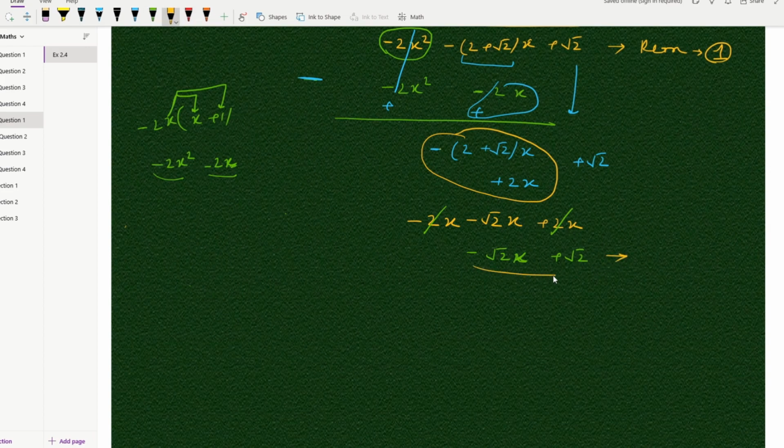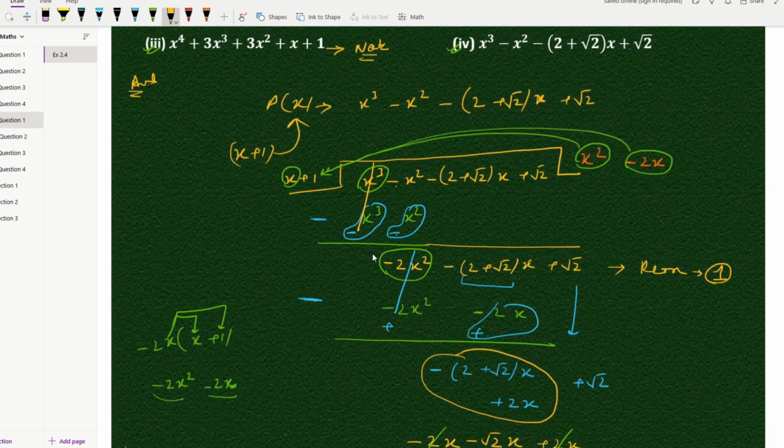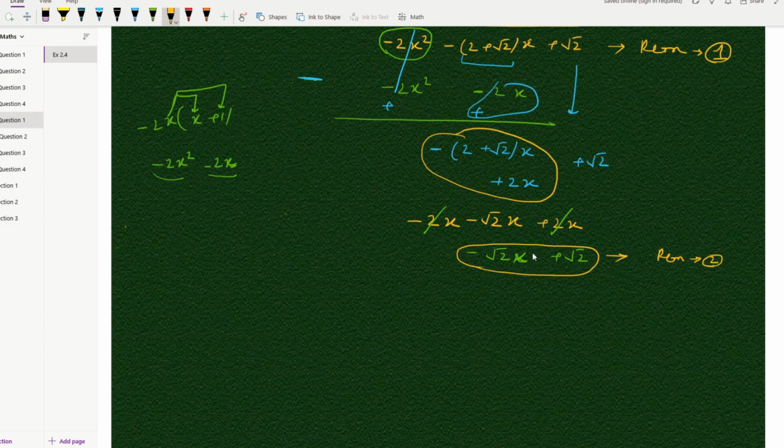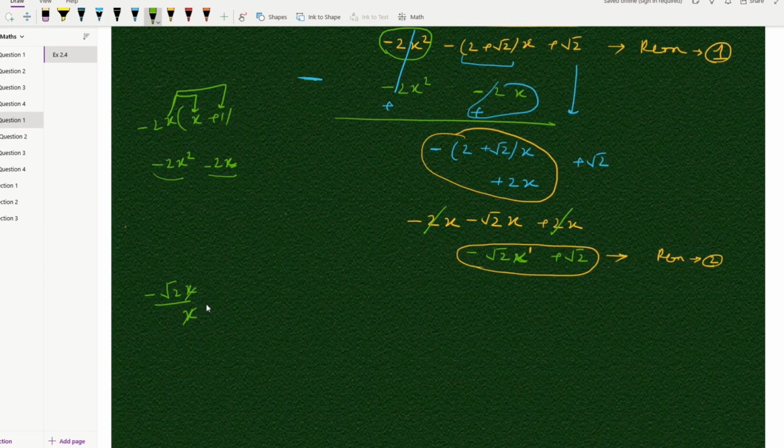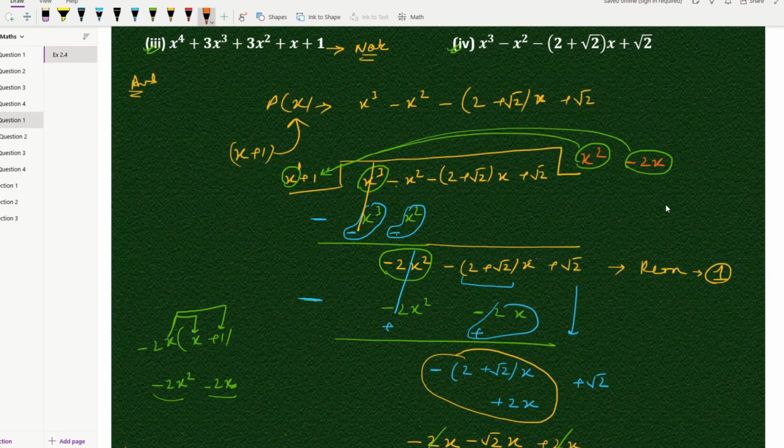Remainder number 2. Now again we have to check it out. देखिए यहाँ पर डिवाइज़र की जो पावर है that is 1, और यहाँ पर अभी जो हाईएस्ट पावर है x की, उसकी पावर अभी 1 है। So we have to again repeat the steps. So let us repeat them. We will divide -√2x by divisor की हाईएस्ट पावर वाली टर्म है that is x, इसको इससे डिवाइड कर दीजिए, it will be -√2 and this will be -√2।